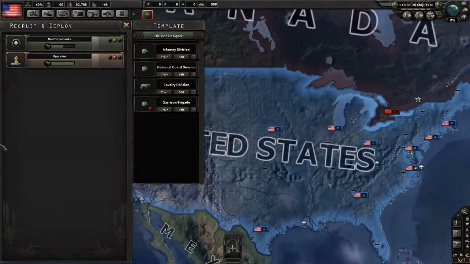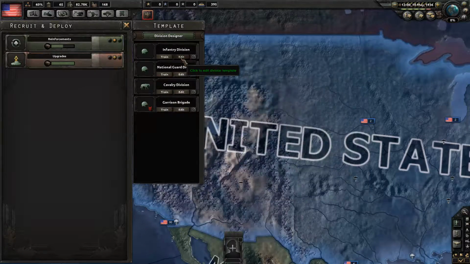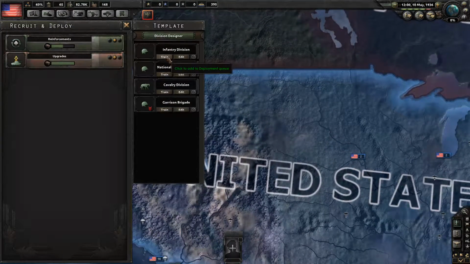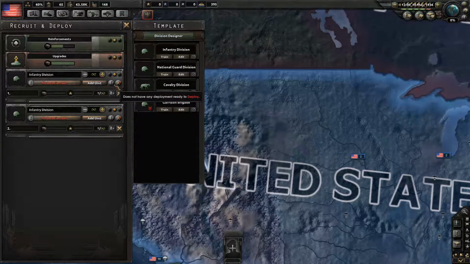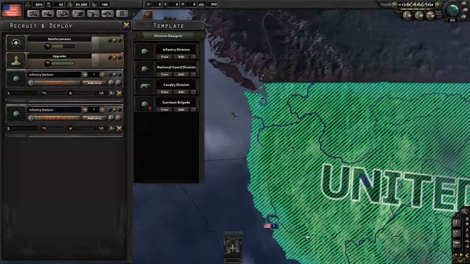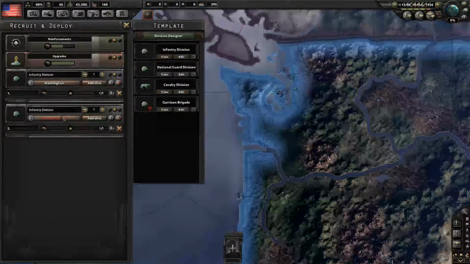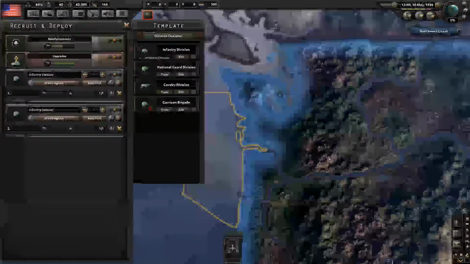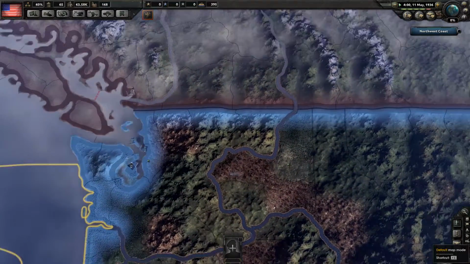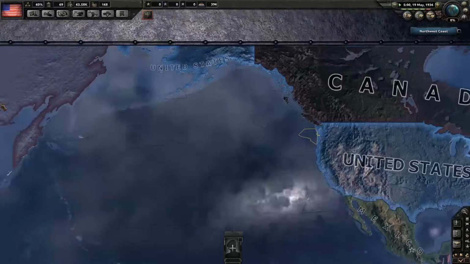So we may need to recruit some infantry. It's the National Guard. Okay, versus infantry division. These look identical. These are completely identical to me. Let's just train 2 of these. I'll put them in Washington. Oops. Misclicked. Yeah, okay, so we're going to end up at war with Canada probably, and then